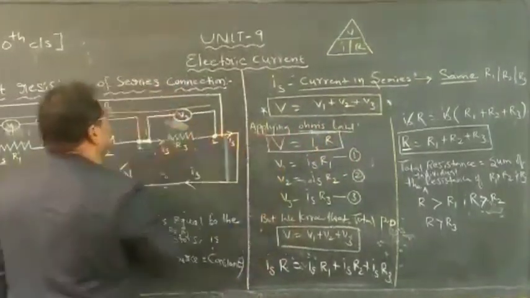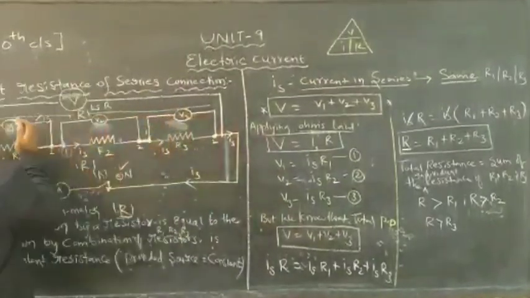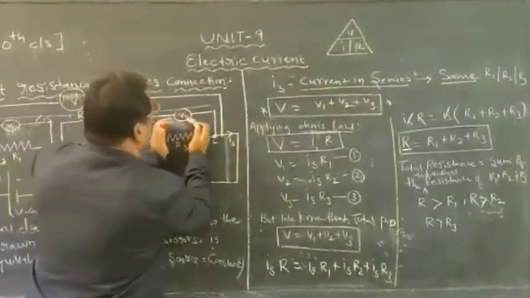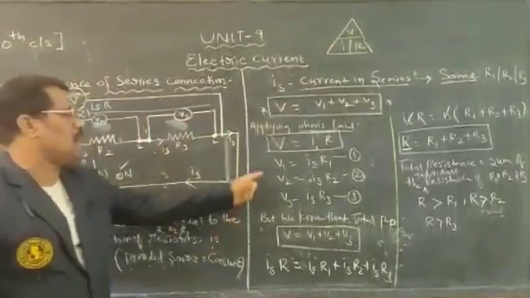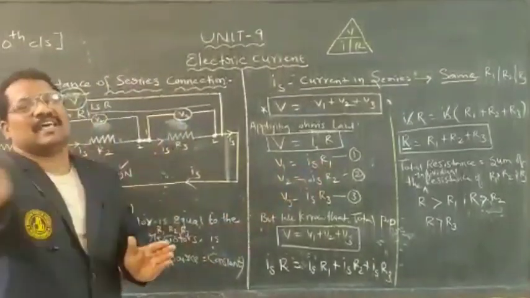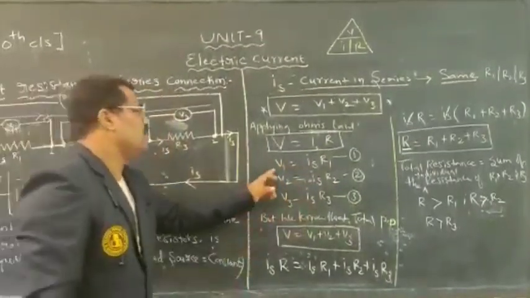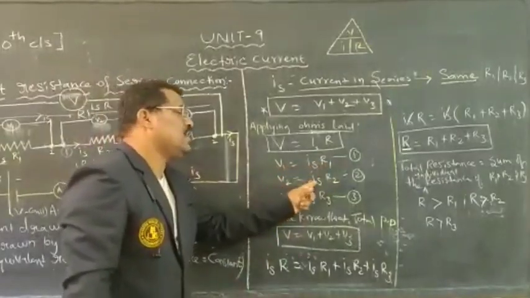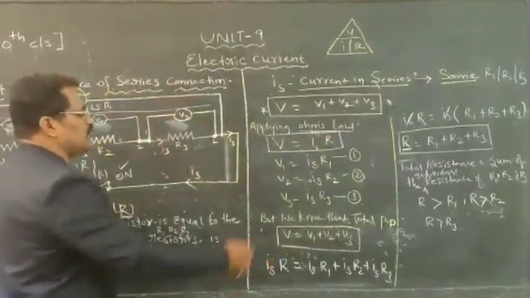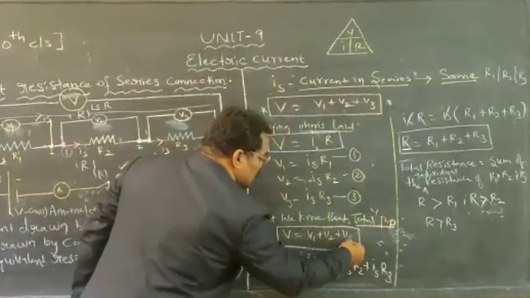But we know the total voltage is equal to the sum of the voltages V1, V2, V3, individually of the R1 resistance wire, the R2 resistance wire, and the R3 resistance wire. Therefore, apply V1 is equal to IS R1. The current remains the same, as current is not changing. Current remains the same in all three voltages. V1 is equal to IS R1. V2 is equal to IS R2. V3 is equal to IS R3. From these three things, total potential difference V is equal to V1 plus V2 plus V3.